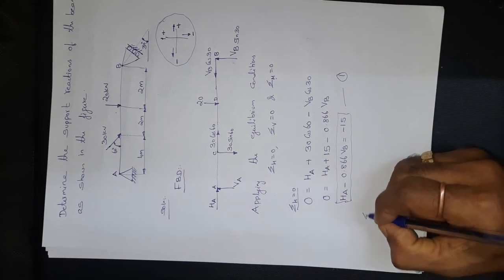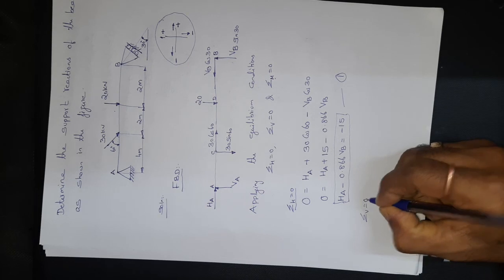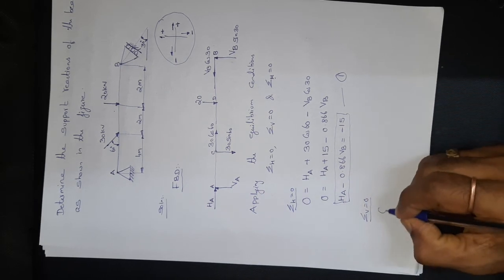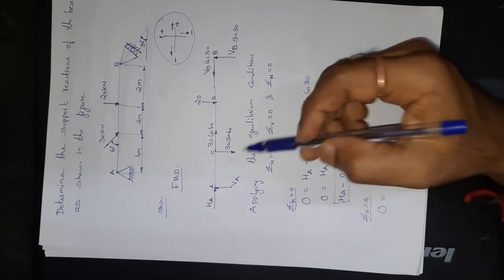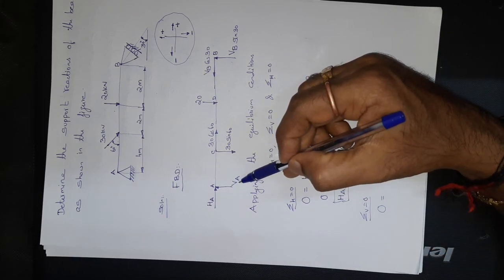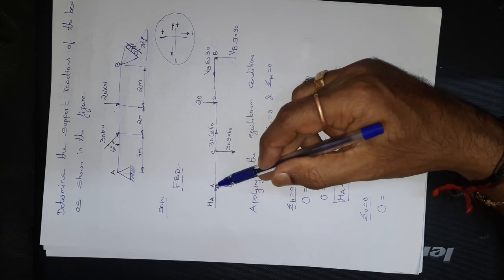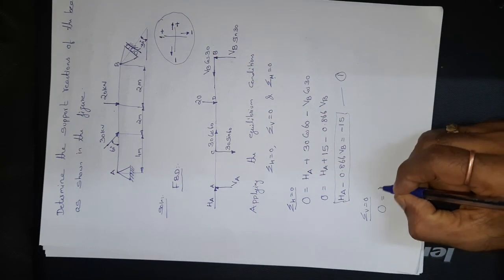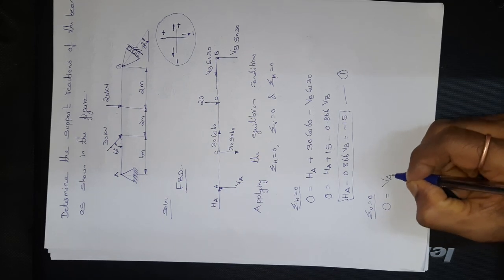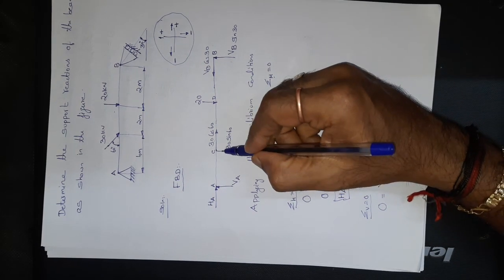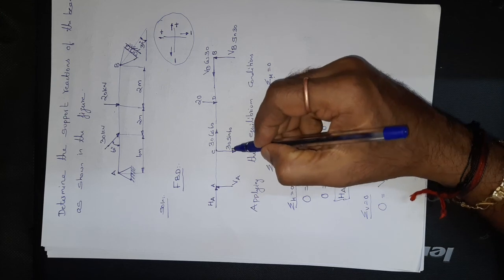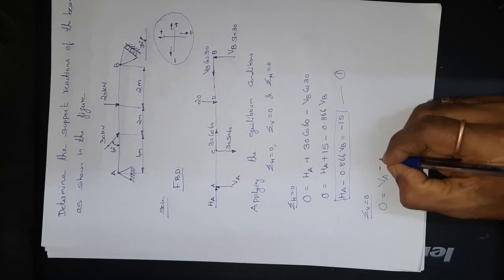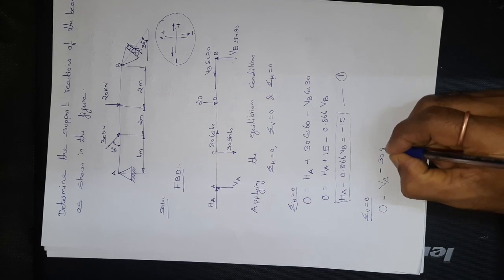Let me just resolve the vertical forces then. Summation V is equal to 0. So 0 equal to, how many vertical forces are there? Look at here, this VA, which is acting at A, acts in the positive y direction. So VA. Let me just move to point C, wherein the force is acting vertically downwards, which will carry negative sign. So minus 30 sine 60.